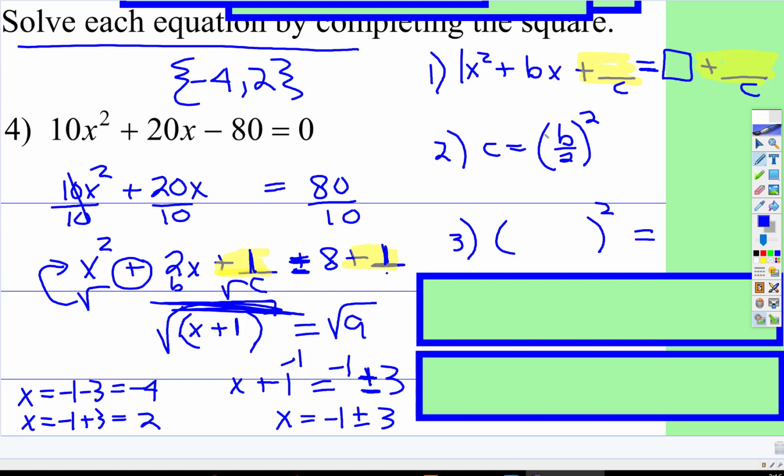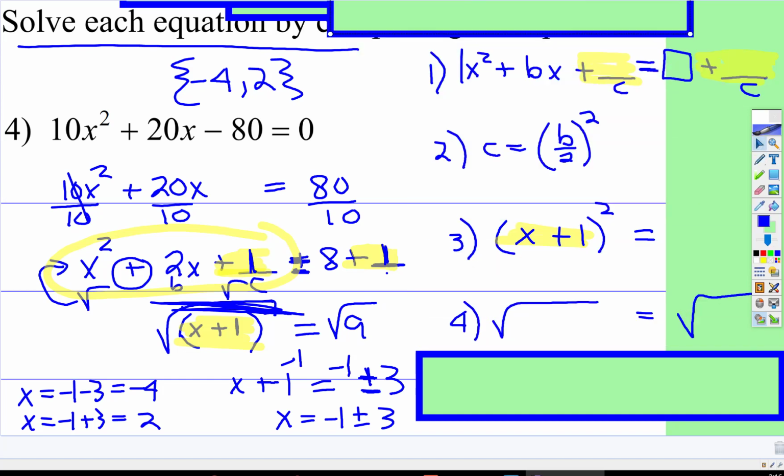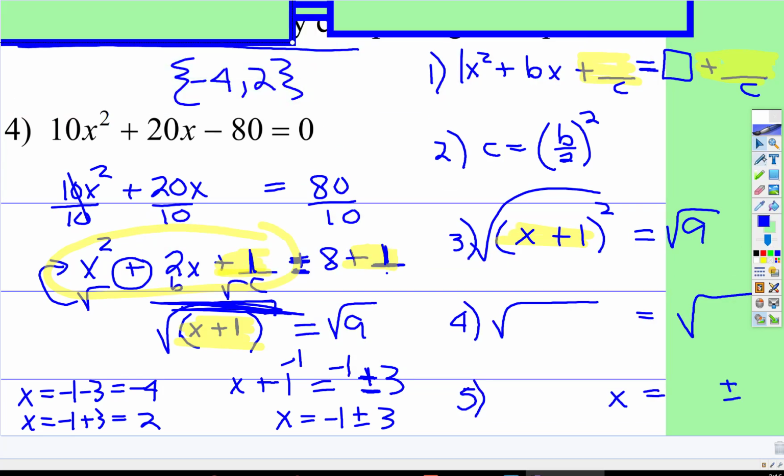And once you add that to both sides, so you have x squared plus 2x plus 1, that factors to x plus 1 squared. And then you're going to take the square root of both sides. So on this side we had 9. When you take the square root, you have to take the positive and negative. So in this case we had 9, positive negative 3,